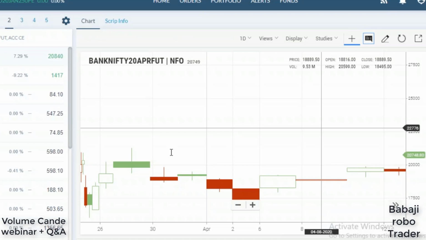Okay, for intraday, 15 minutes candle. I think that for intraday we are using a 15 minutes candle. Sir, for trading the Bank Nifty future, if you are trading options also, see only the future, right? How the future moves, accordingly you can trade the option also.